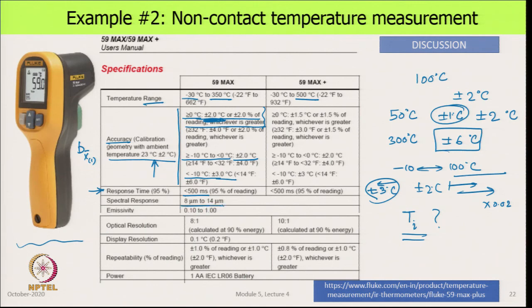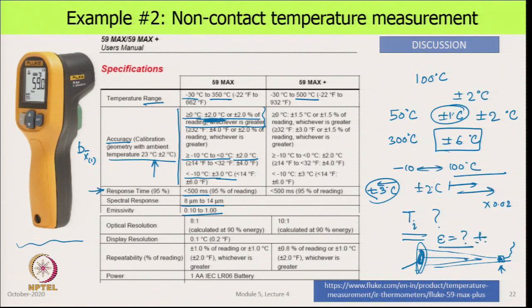It says spectral response. So, it tells you what wavelengths of infrared radiation it captures. The way this instrument works is that there is a body there, and from a certain cone, this is the surface there. On that, from this area, whatever radiation came onto this, it caught this, and this was converted into an electric signal by a sensor here. Then it says emissivity 0.1 to 1. So, it assumes an emissivity of this surface, and we can adjust it. In a way, we need to know the emissivity of this surface,